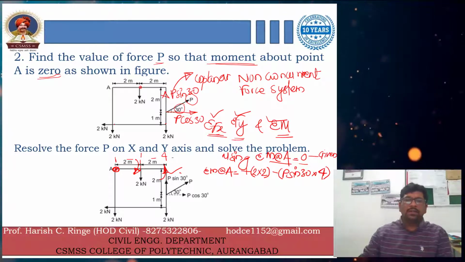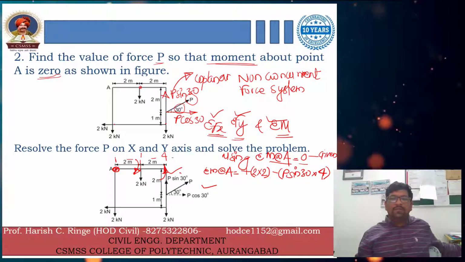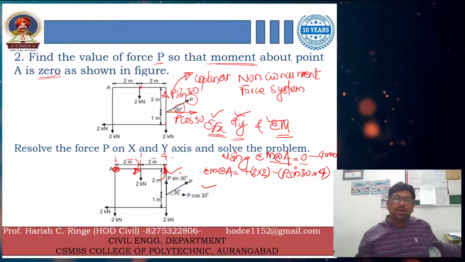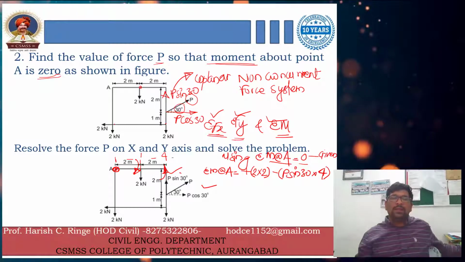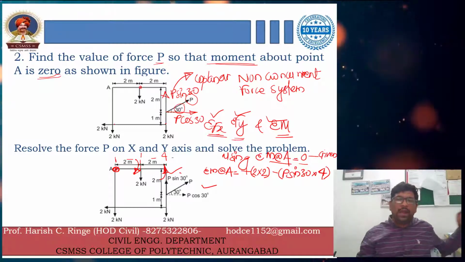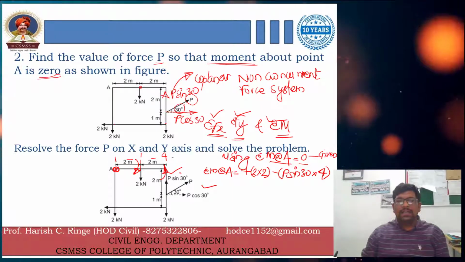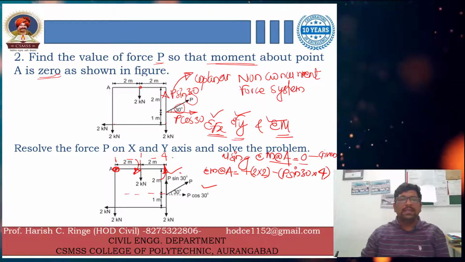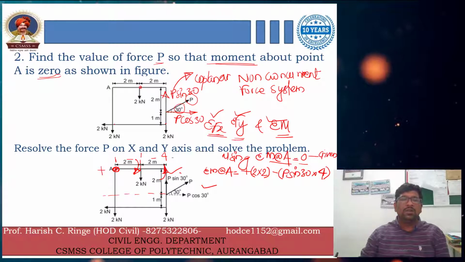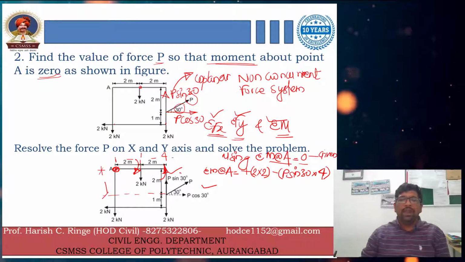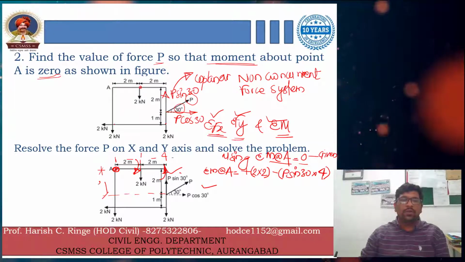उसके बाद में सेकंड अगर देखेंगे P sin 30 के बाद में कौन सा फोर्स है हम लोगों का? तो सेकंड फोर्स इज वी आर हैविंग P cos 30, right? So related to the P cos 30 we have to calculate the moment about point A. Again just extend this particular line like this and just find out what dimension we are having. So we are having the dimension as again 2 meter over here.